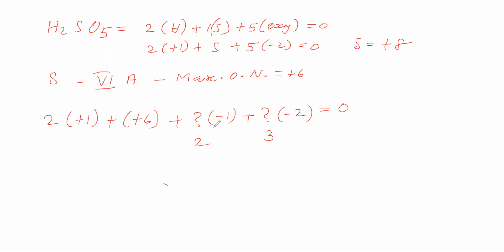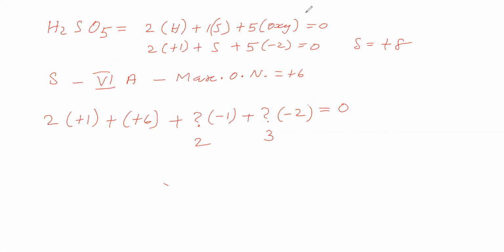Another way is if peroxy linkages are more, then 4 oxygens have -1 oxidation number. So out of 5, 4 oxygens have -1 oxidation number, and the remaining 1 oxygen has -2 oxidation number. So in the trial and error method only 2 ways are possible. Other ways are not there, since all 5 oxygens cannot be peroxides. That is true. Therefore, the trial and error method says the first possibility, so we will leave the second possibility.